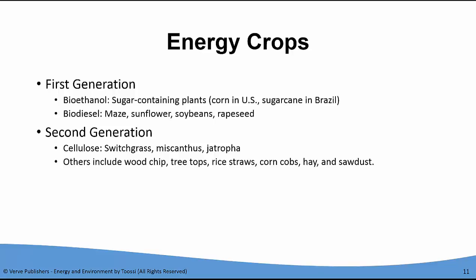The second generation energy crops are cellulosic plants. These can be cultivated in any climate, so they're very convenient. They require much less water than the first generation plants, and we need less fertilizer. They're rich in energy, and most of the time they don't have any food value. But the problem with these is that they are harder to break down into smaller molecules and ferment. So now we move from the first generation to the second generation with new technologies, and that makes biofuel a lot more convenient and not fighting the food